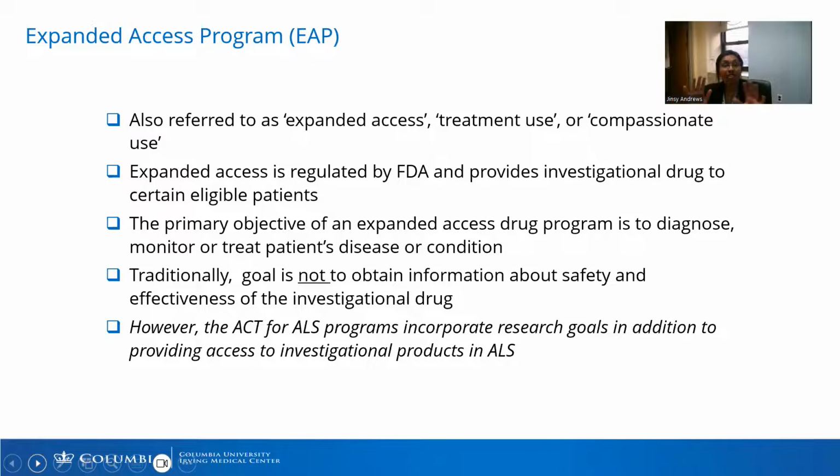So I think the traditional view of EAP is a little bit different and not exactly applicable to what the funded programs are through the NIH, because NIH funds research grants. And so Act for ALS allows us to expand the opportunities to participate in expanded access programs and access to drugs. But all of the programs are required to ask and answer specific research questions and contribute back to the base of knowledge of ALS and basic science. So they are, in essence, both access and research. So they're a little bit different and more of a gray area. Go to the next slide.